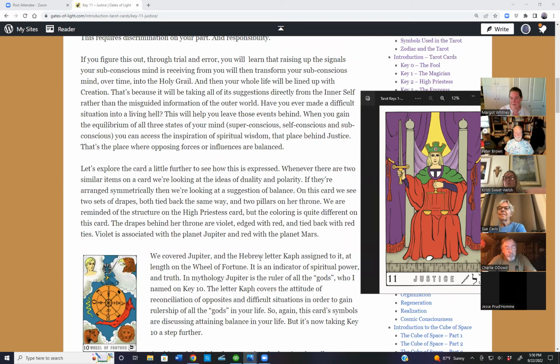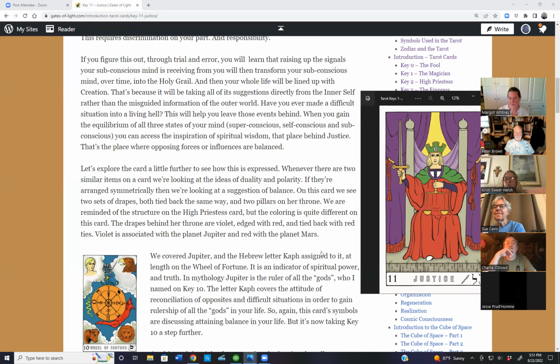Whenever there are two similar items on a card, we're looking at the ideas of duality and polarity. So you've got these two guys matching each other. If they're arranged symmetrically, then we're looking at a suggestion of balance. So that would also bring you back to the High Priestess. She has these pillars behind her. On this card, we see two sets of drapes, both tied back the same way, and two pillars on her throne. We are reminded of the structure of the High Priestess card, but the coloring is quite different on this